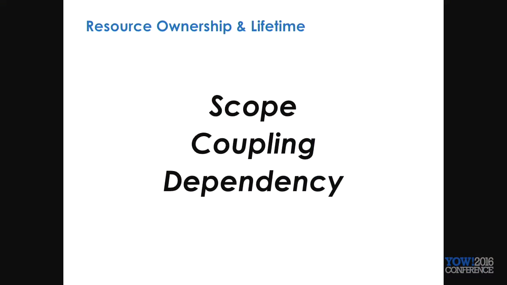So resource ownership and lifetime is one thing that C++11 attempts to put in the forefront. And when the idea of resource ownership and the lifetime of it is given into a feature of the language, then the ideas of scope, decoupling, and dependency start to come into play. What is the scope of an object or a resource? What coupling is related to that? What other resources and dependencies come along?